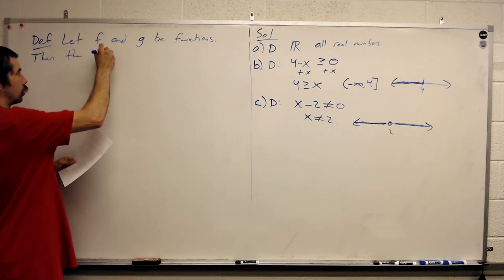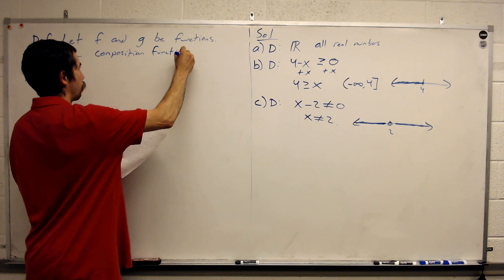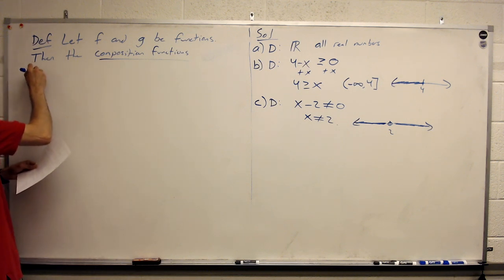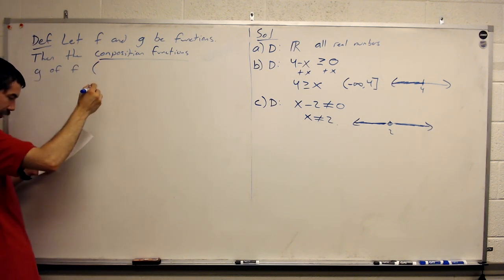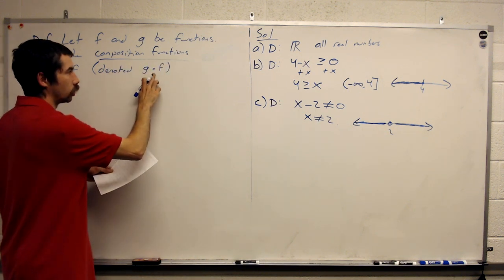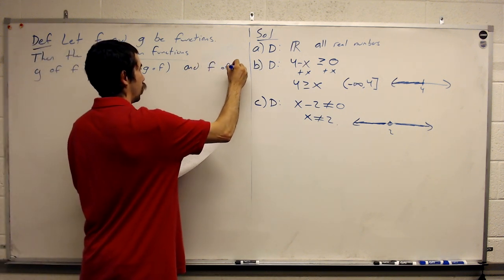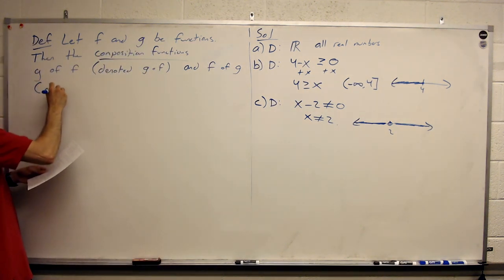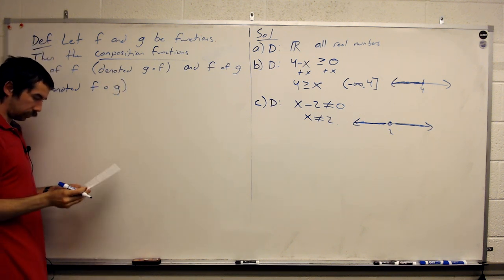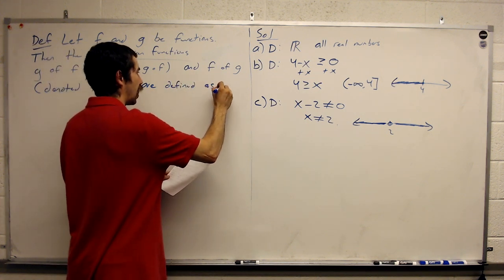Then the composition functions g of f, which we write g circle f, and f of g, which we denote f circle g, are defined as